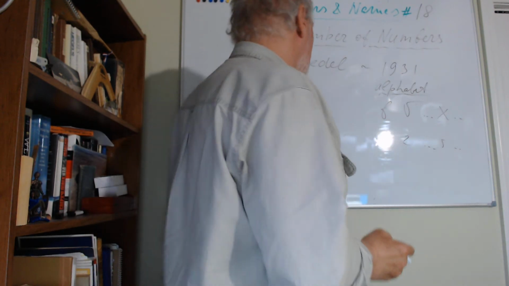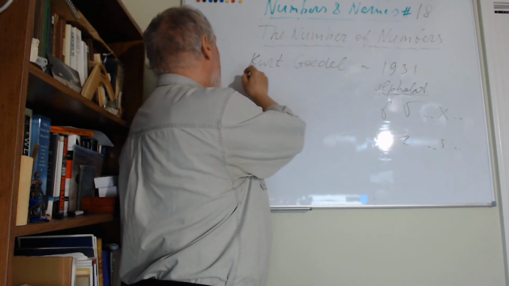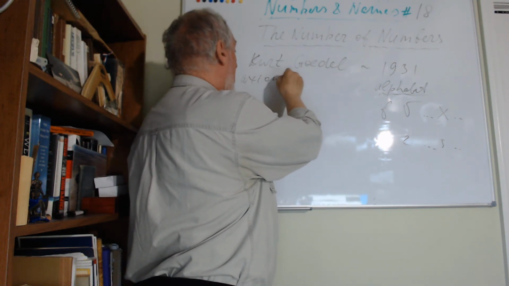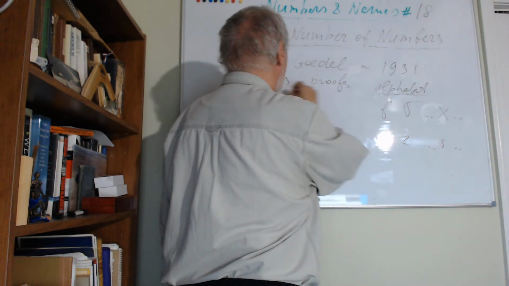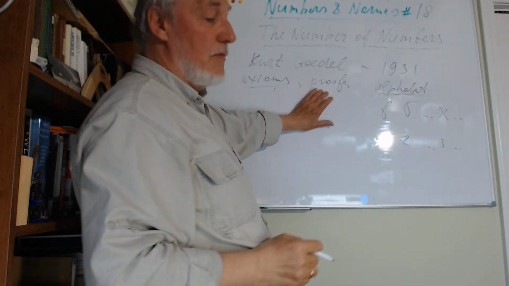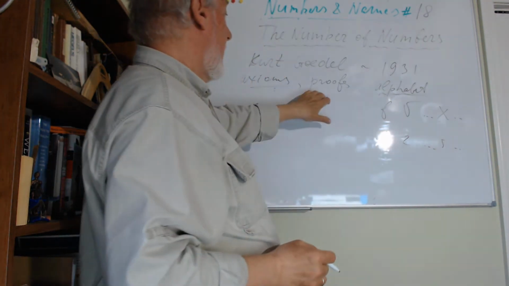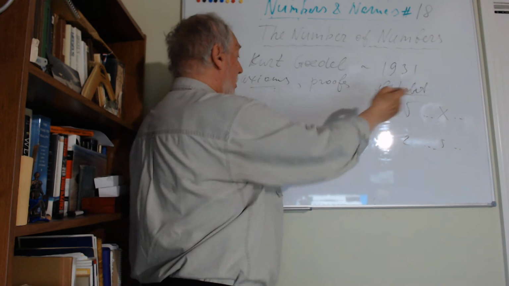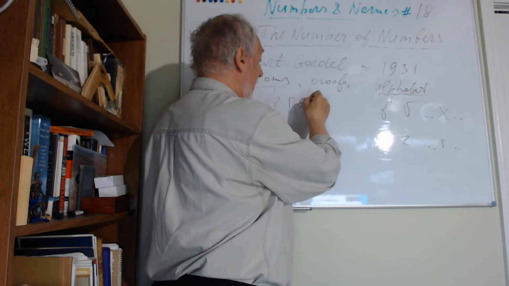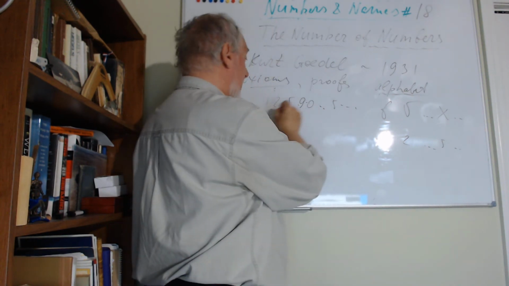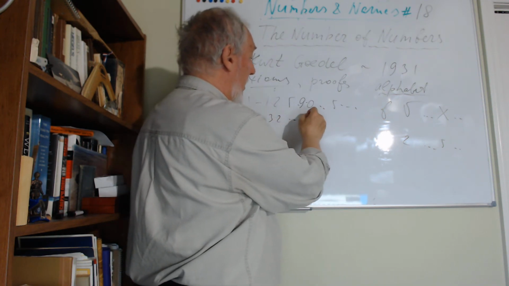And if we use this alphabet, we come to a certain interesting thing. If we have a certain set of axioms and a certain set of proofs based on these axioms, some logical proofs of theorems, using these numbers we will write these proofs as long numbers like this: 1, 2, 5, whatever, 9, 0, 5. That's the first proof. Then the second proof, 3, 2, whatever number.